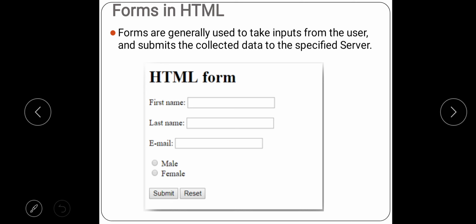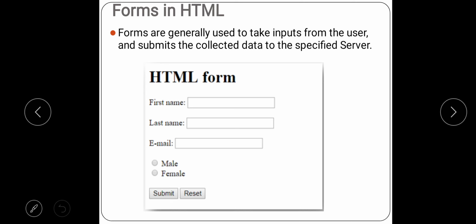Now here you can see the options given are two. There are two radio buttons, means it has got two options, male or female. So when there is a case when you have to restrict the user to select a single option from the given options, so in such condition you can use a radio button as the control, right?